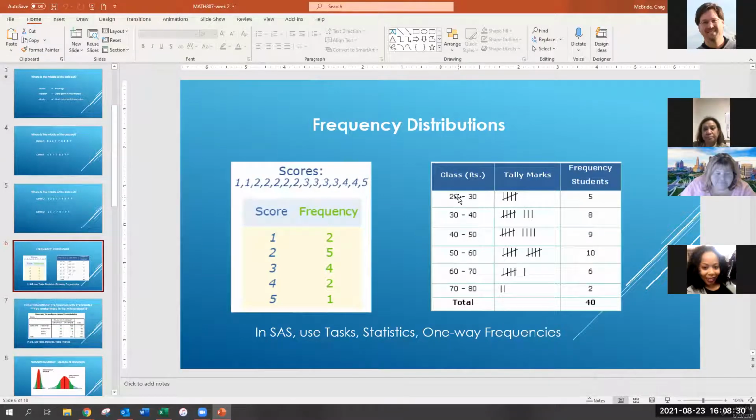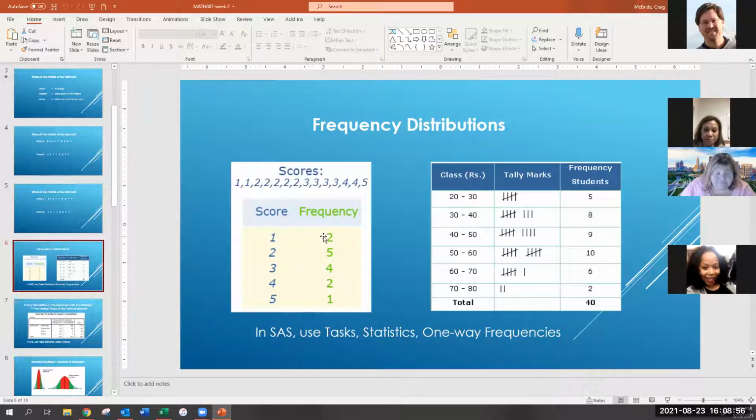Then you could take each of those values, multiply them by their frequencies, add all that together, divide by 40, and that's your average. It's the same over here. If you took 1 times 2 plus 2 times 5 plus 3 times 4 plus 4 times 2 plus 5 times 1, added all that together, and then divided by the total frequency, which we saw was 14, that will give you the mean. And that'll actually be an accurate mean,